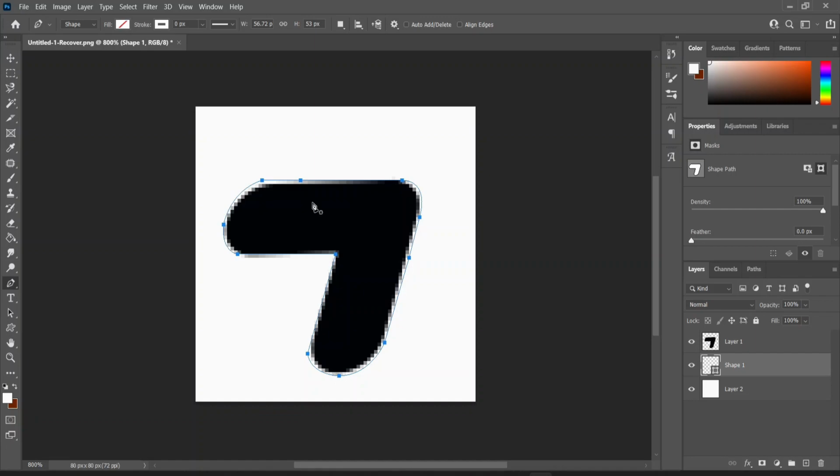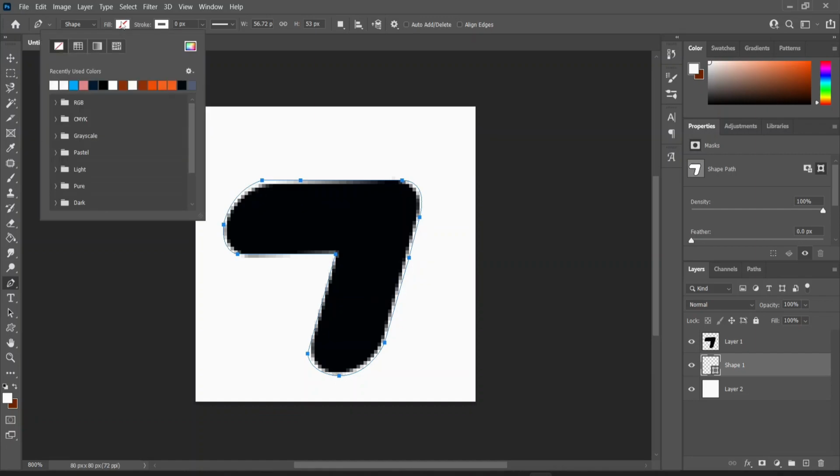Now we have got this shape. Fill this shape with black color. But as we can see, it doesn't work well and the edges are still not as smooth as expected. So what we have to do,